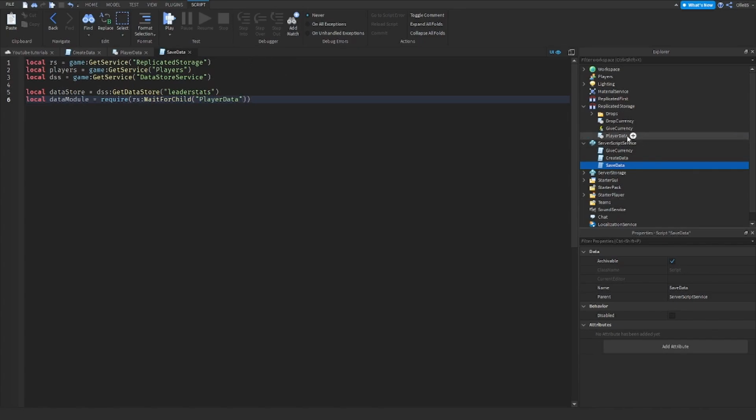So it's this module script again, and now we want to do a function that is LoadData,